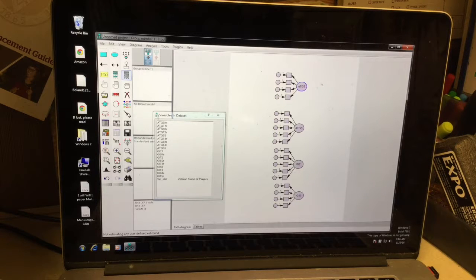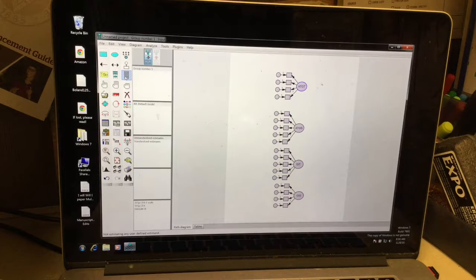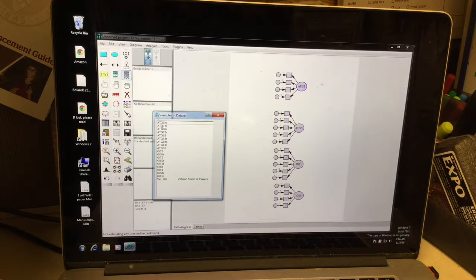Then we want to bring in the appropriate variables. And by opening up this little box here with all the variables, it makes it really easy because I can just drag and drop. So ATGS1 goes over to ATGS. ATGT1 goes over to ATGT. ATGS2, and so on. ATGT2, ATGS3, ATGT4,